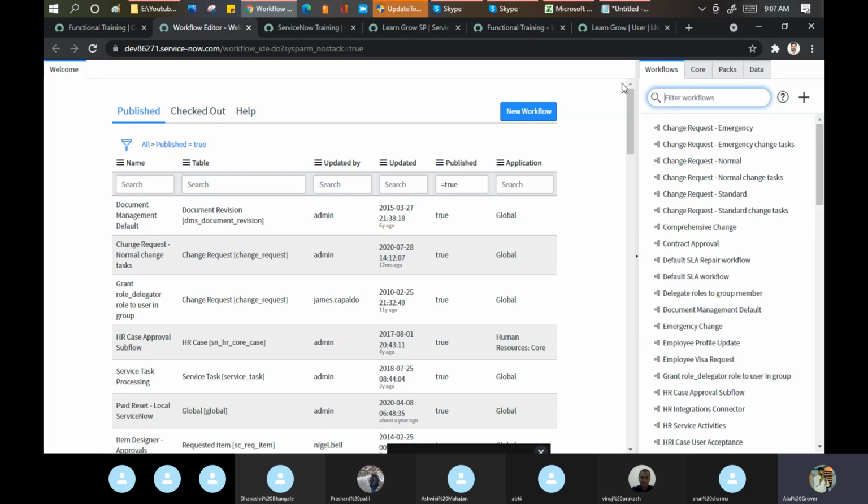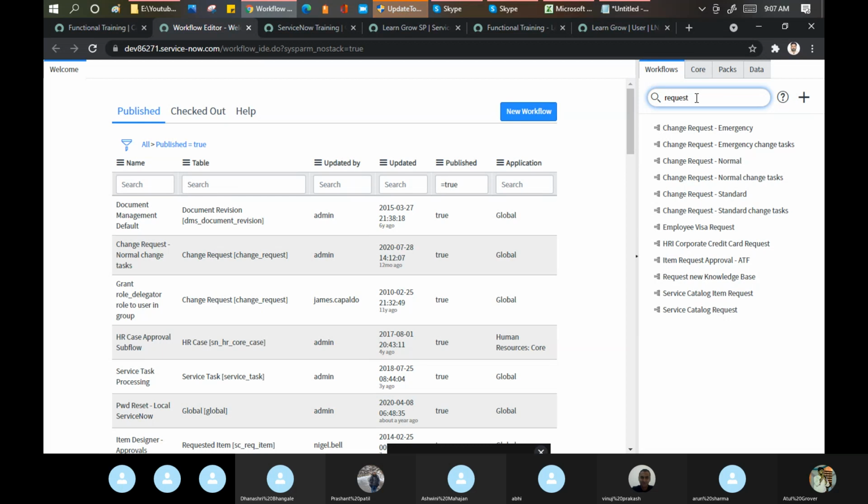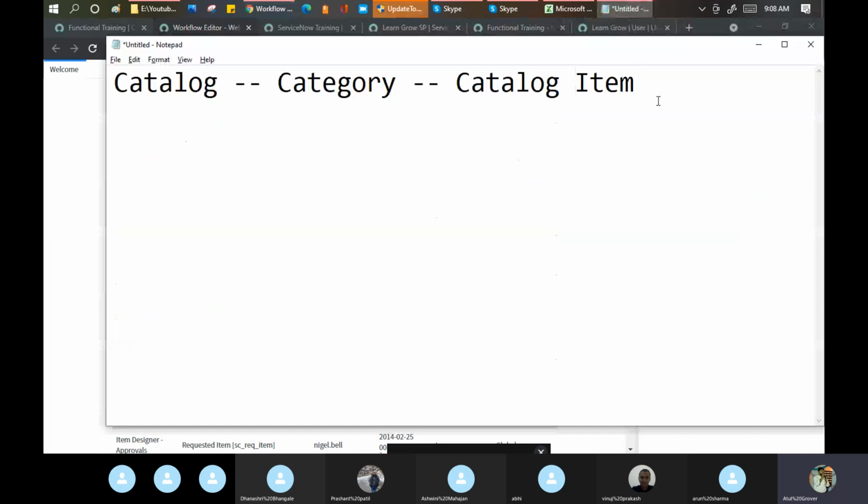Now I will show you one workflow here. Before that, let me go here. Tables, request management.